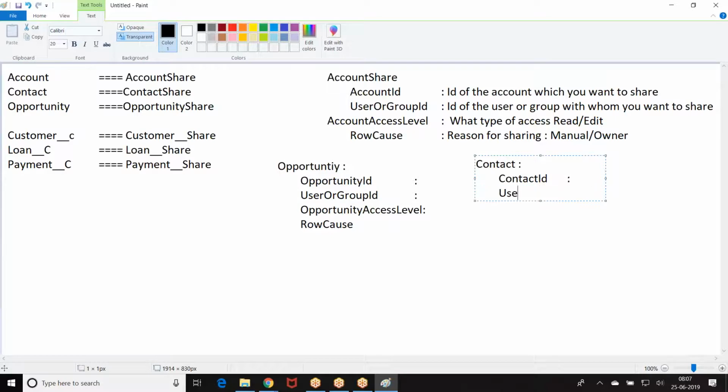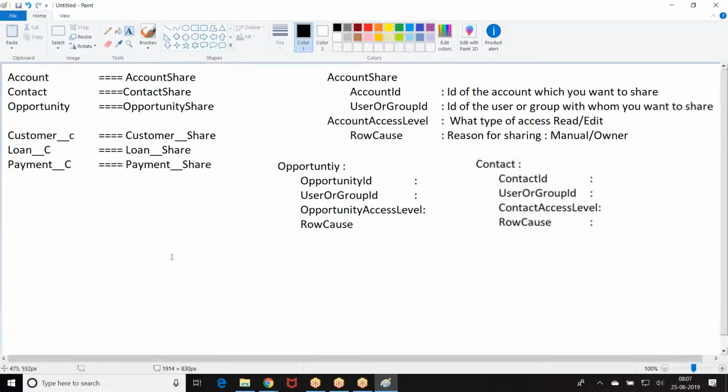Contact ID, user or group ID, contact access level, ROCAS. So: account ID, user or group ID, account access level, ROCAS; opportunity ID, user or group ID, opportunity access level, ROCAS.